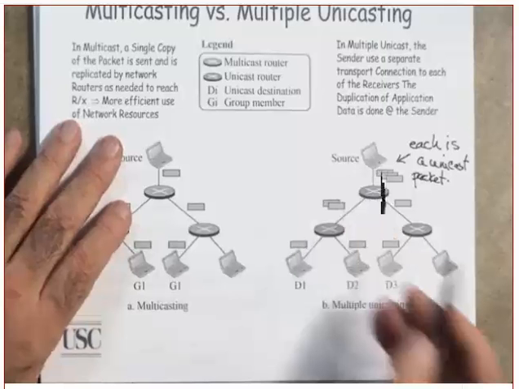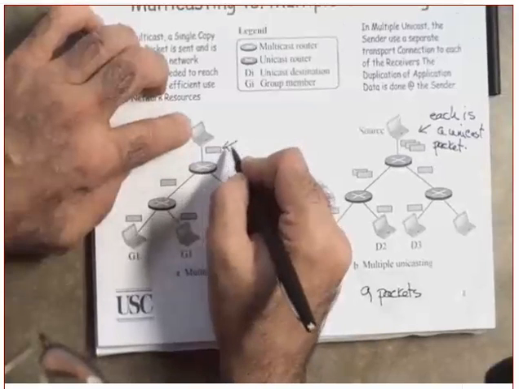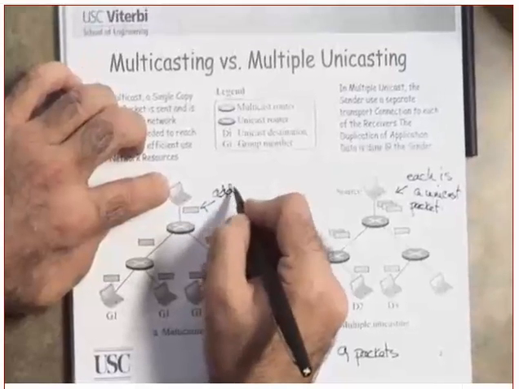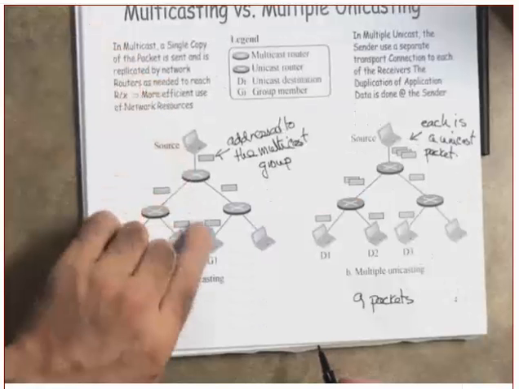If there is no interest in here, will this router make a copy of the packet to this link? It will not make a copy if there are no receivers here interested in receiving this packet. So the router acts on an as-needed basis. In this case, it made a copy here and a copy here. Those two packets are identical, both the header and the message.